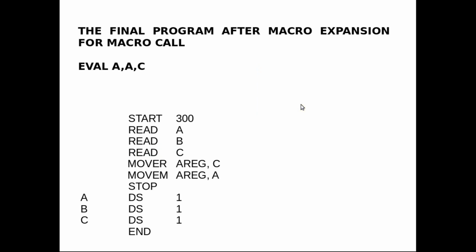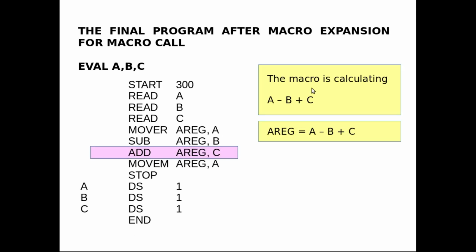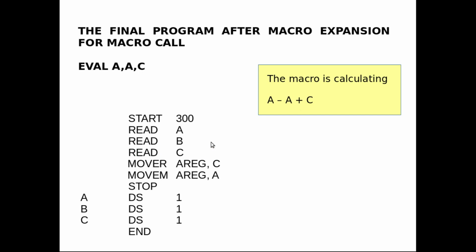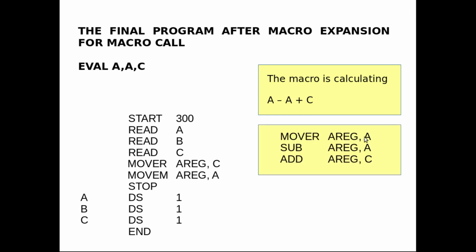We could have used these same 3 lines to do this calculation also, in which case it would be move A to A register, then subtract A from A register, and then add C to A register. So this is valid code to do this calculation, but